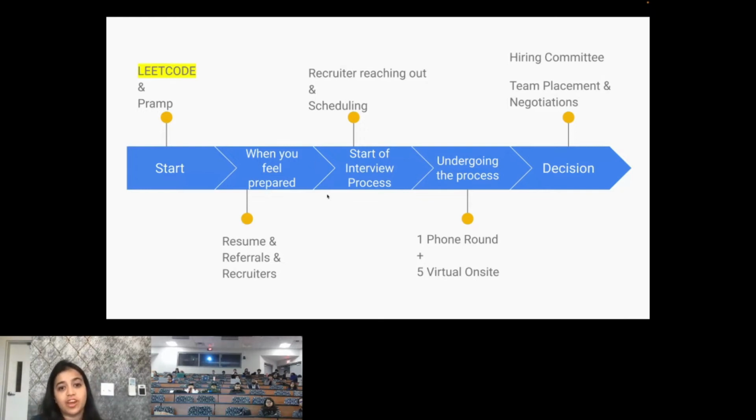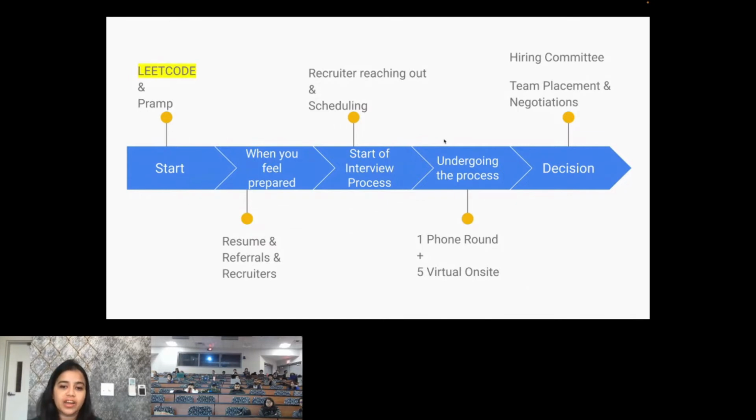So finally, we come to the start of the interview process. This is when the referrals have worked out, or your applications have worked out, and the recruiter has reached out to you trying to schedule an interview. Like I said, it's in your best interest to schedule the interview as soon as possible. That's why I say take your time to prepare and then reach out, because the recruiter has a job opening in hand and won't be waiting for you. If you schedule the interview 2 months later, that recruiter might not even have a headcount by then. So you're losing your chance. So when the recruiter reaches out to you, immediately schedule the first round at least to get the process started.